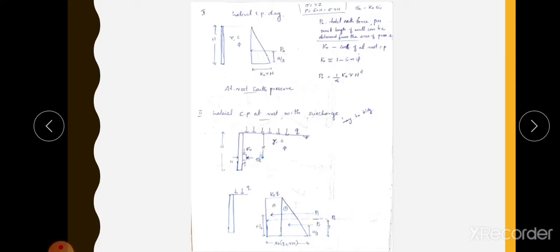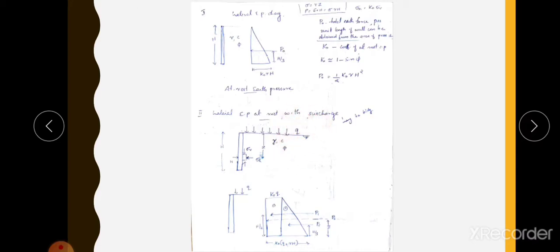A uniform load means the load from any roadway or load from any building or from any stacked goods, etc. Line load means there may be a train which is running parallel to the structure. There may be a moving load, that will be line load, and any isolated load like column, footing, etc. Like that, there may be any surcharge weight over this retaining wall. That load will also come, and that is represented by small letter q. So let the uniform surcharge be q per unit area.